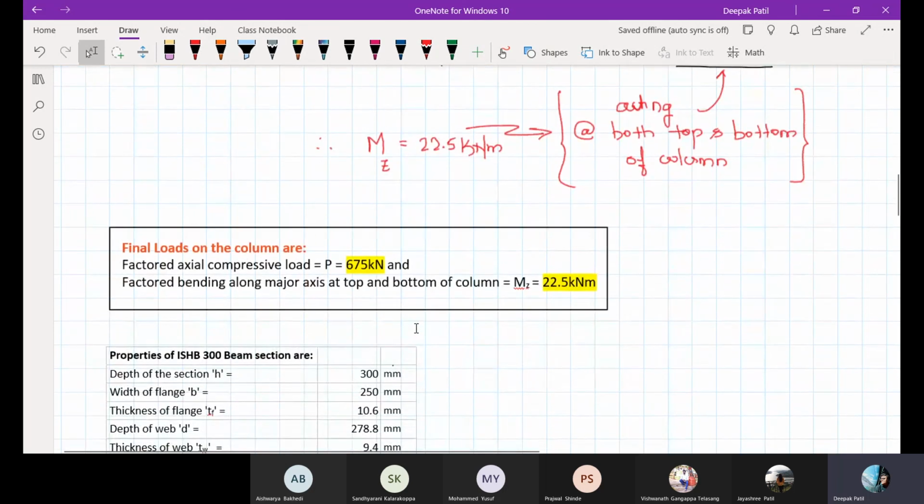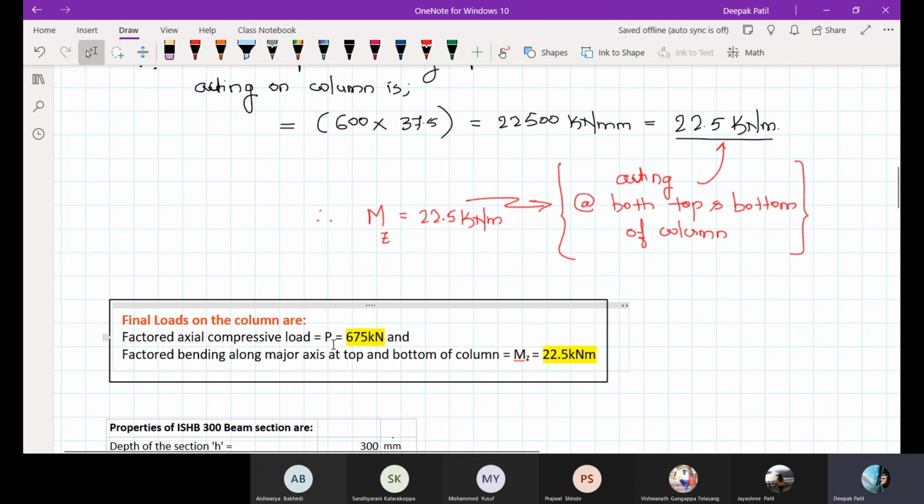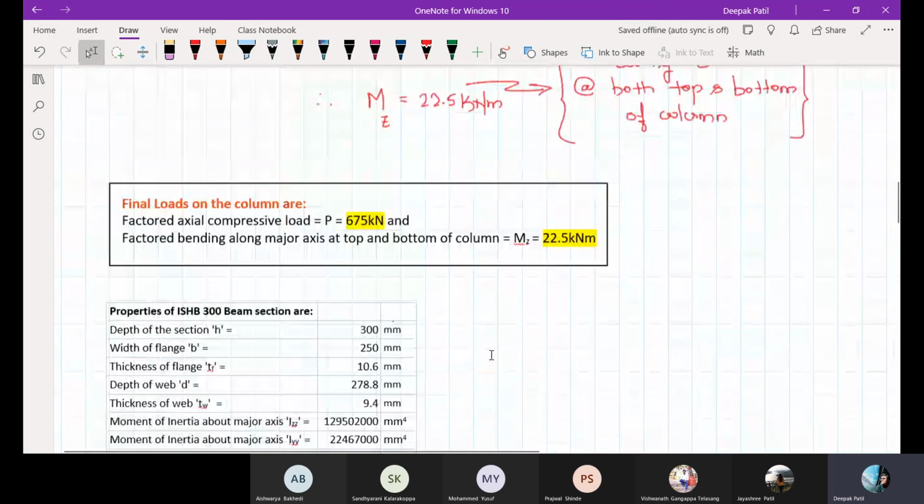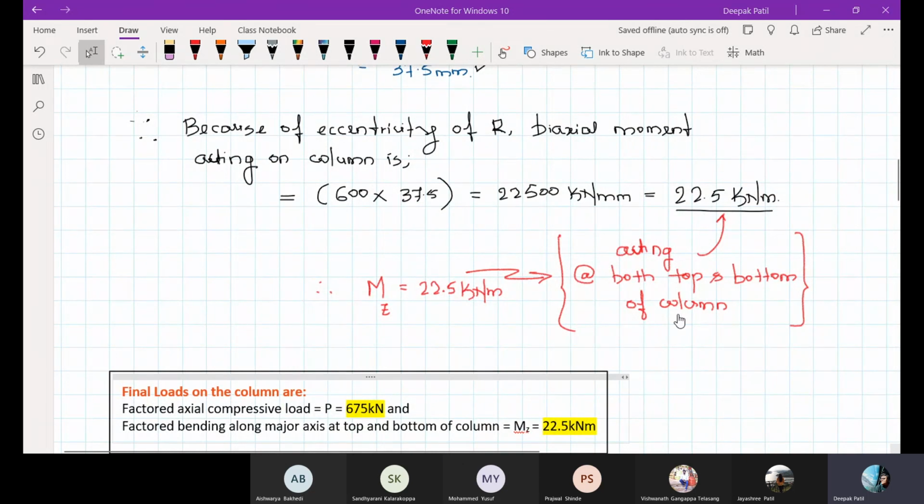Now, once you know the loading, the final loads on the column are: the actual compressive load is 675 kilonewton, and the factored bending moment along the major axis at top and bottom of the column is Mz, equal to 22.5 kilonewton meter. The column size given is ISHB 300, and you have to check whether the ISHB 300 is adequate to take these two loads or not. That we'll see in my next class. Okay then, if you don't have any doubts, I can just stop this. And one more thing, students,